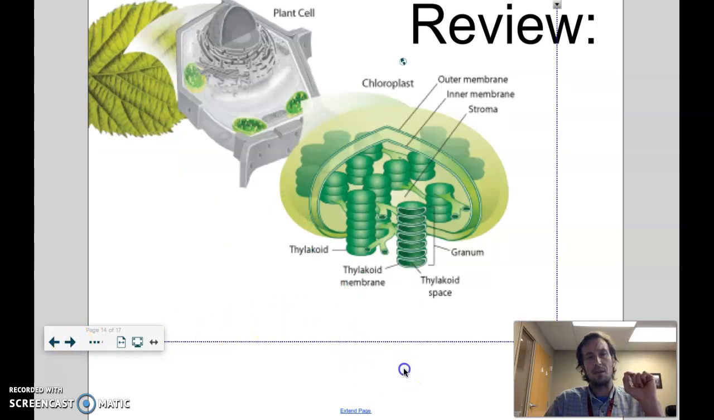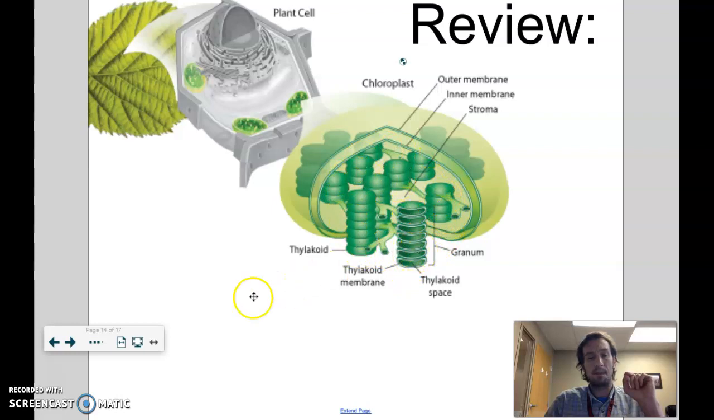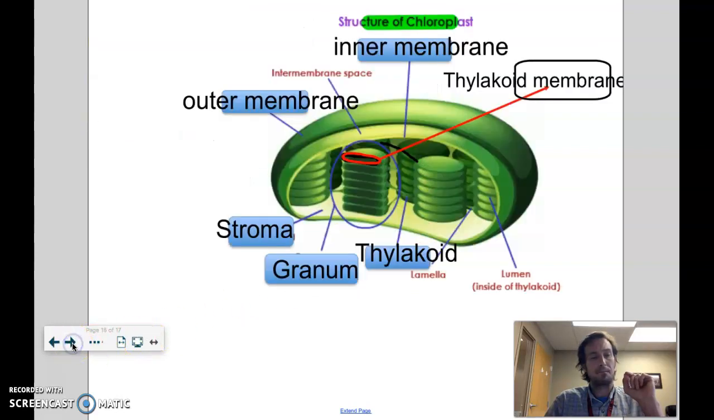So just another view of it there. You can see it has two membranes. I don't care that you know that. The main things I want you to know are the thylakoids and the stroma. So really, this picture indicates everything I'd like you to know. And we're going to talk about